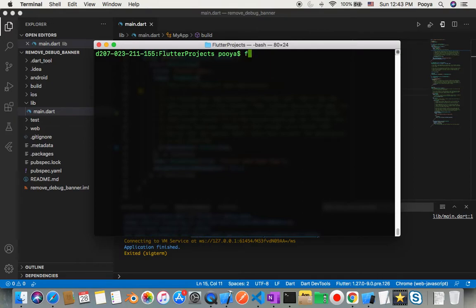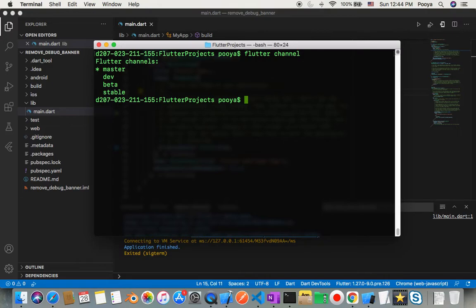So first of all, we need to switch to channel master, which I'm already in there. You can just type flutter channel and then master. It's gonna switch there. Also, then you will do flutter upgrade, which I did already, and then flutter doctor to find out that your Flutter is pretty healthy. Okay, until now we are ready for Flutter, but